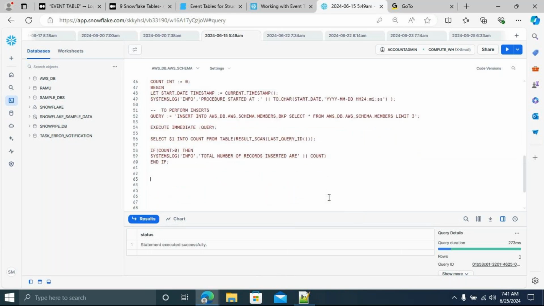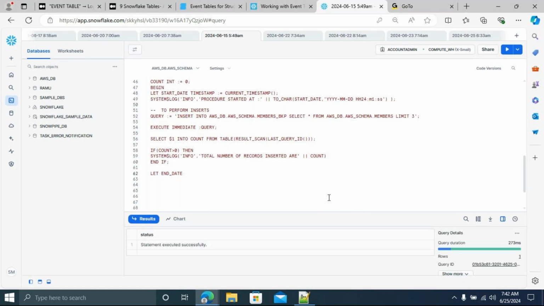After that, I want to find the end time. Again, declare a variable, let end date.